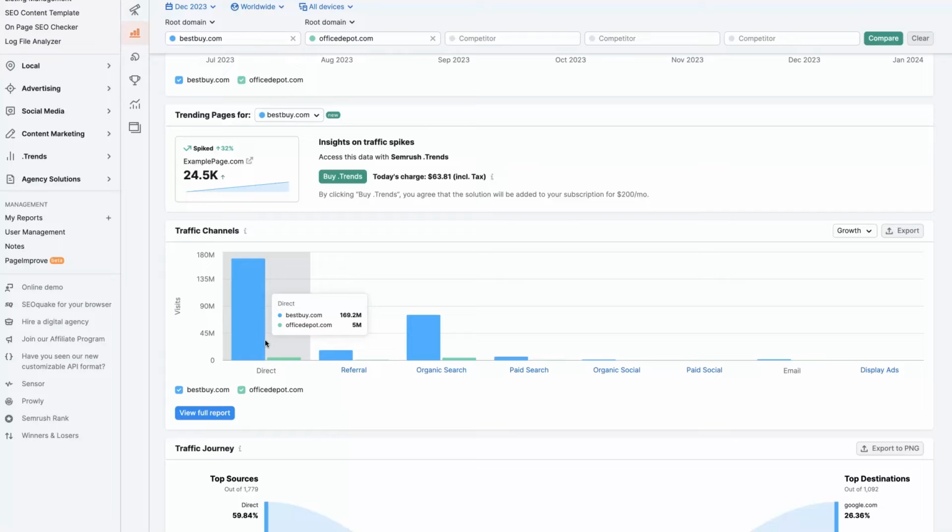So people just going directly to Best Buy is going to be a little bit difficult for Office Depot to replicate, but that's why you do this research, so you can figure out exactly what's going on before you jump